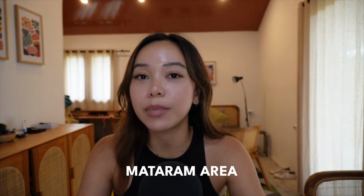Last but not least is to visit Mataram. Mataram is the island's capital, so it's like Denpasar in Bali. Here you can experience a blend of local culture, history, and also amazing food. When I went to Mataram, unfortunately, it was raining so hard, so I couldn't really take my camera out to film the surroundings. But if you're coming to Mataram, I have two places that I would highly recommend,